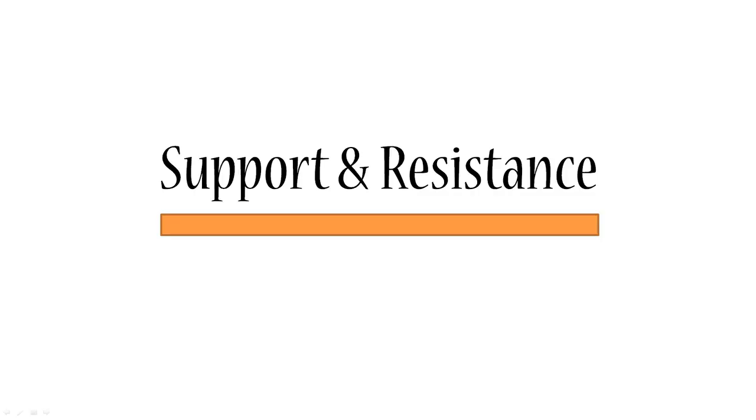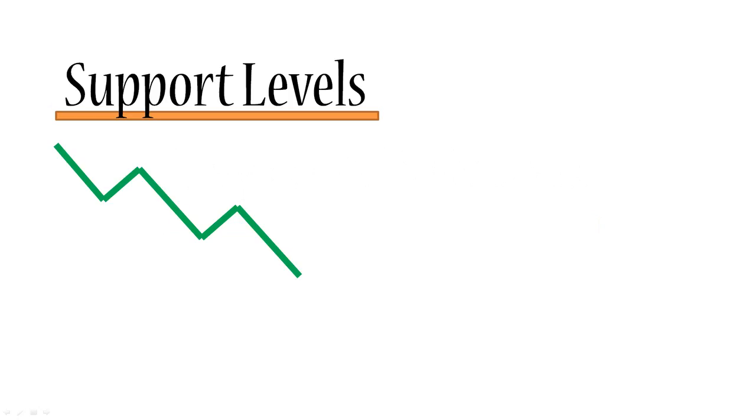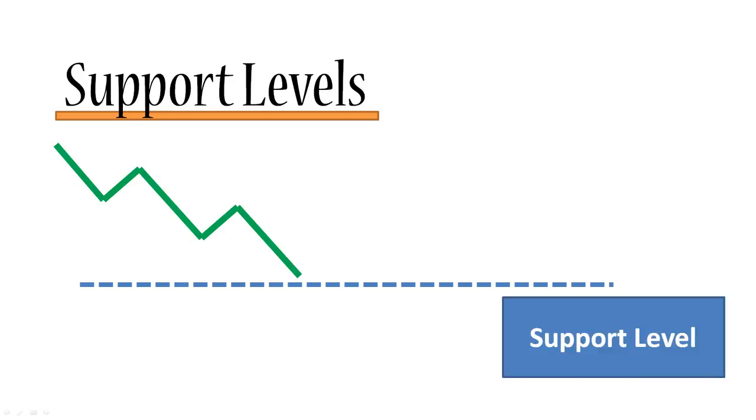Alright, so we've already talked about support and resistance trend lines. Now we're going to talk about support and resistance levels. So, support levels. Let's imagine a situation where we have a downward trend in the market. In this case, a support level is a horizontal line, which represents a barrier